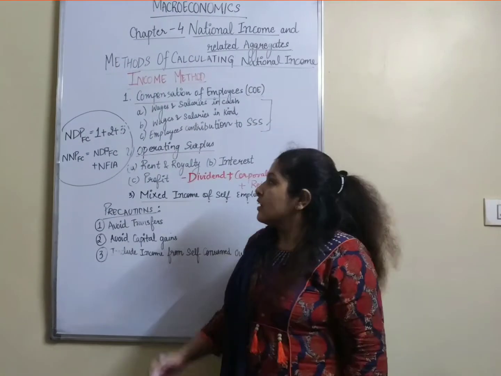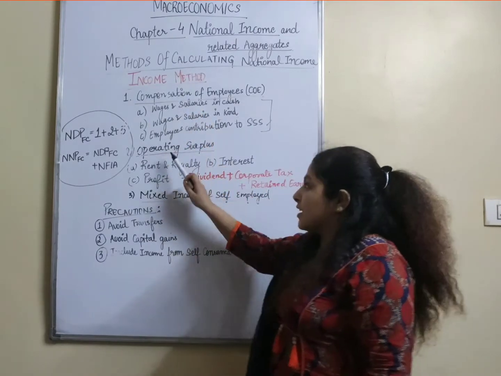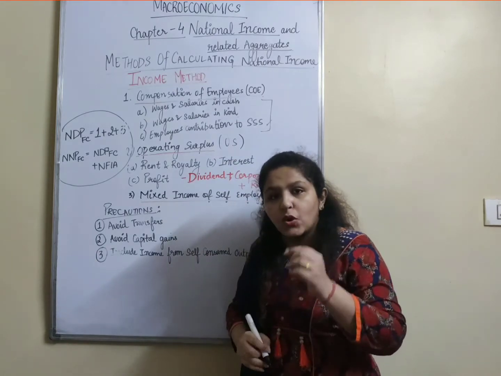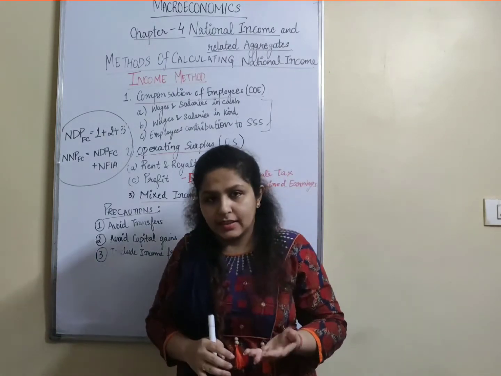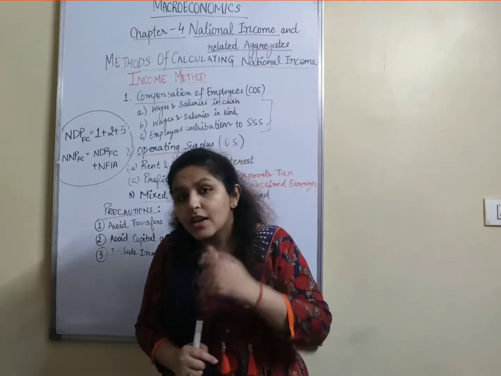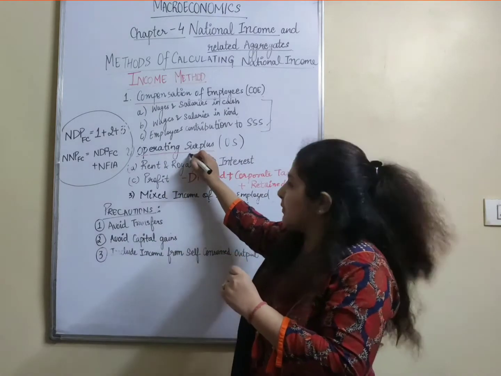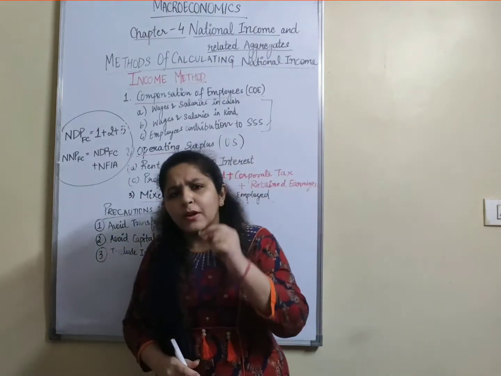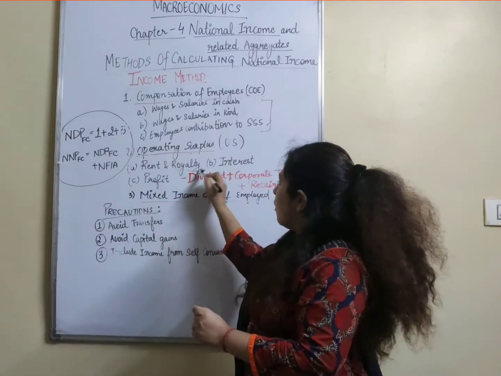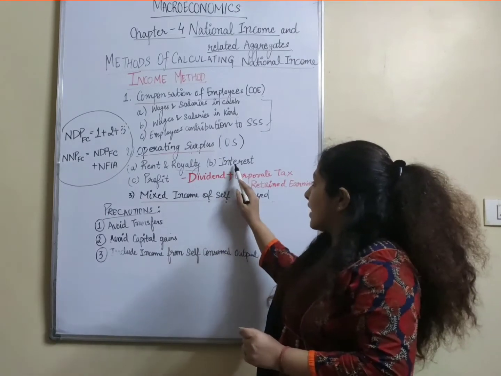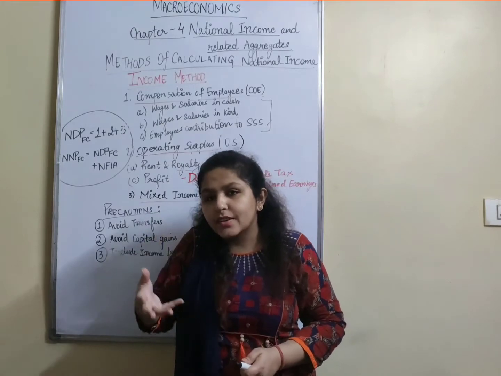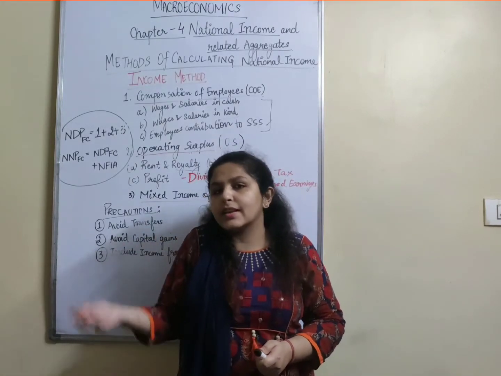The second component of income method is operating surplus, also known as OS. It has 3 parts. First, those people who get the factor payment in the form of rent. Let's say they have property, they have given it on rent and they are getting the rent. That rent is included in operating surplus under the income method. Royalty: the writers who get royalty for writing their books are also included in this component. Then second is interest. What do you mean by interest? Money lenders who earn by giving loans and getting interest.